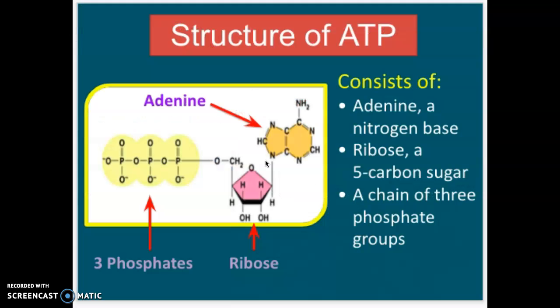All right, so ATP is made up of three main components. It consists of an adenine, a ribose sugar, and three phosphates. ATP stands for adenosine triphosphate, and that's because we've got three phosphate groups here. Energy is stored in these bonds. There's a phosphate bond here, a phosphate bond here. When your cells need energy, they break those bonds in order to release the chemical energy.